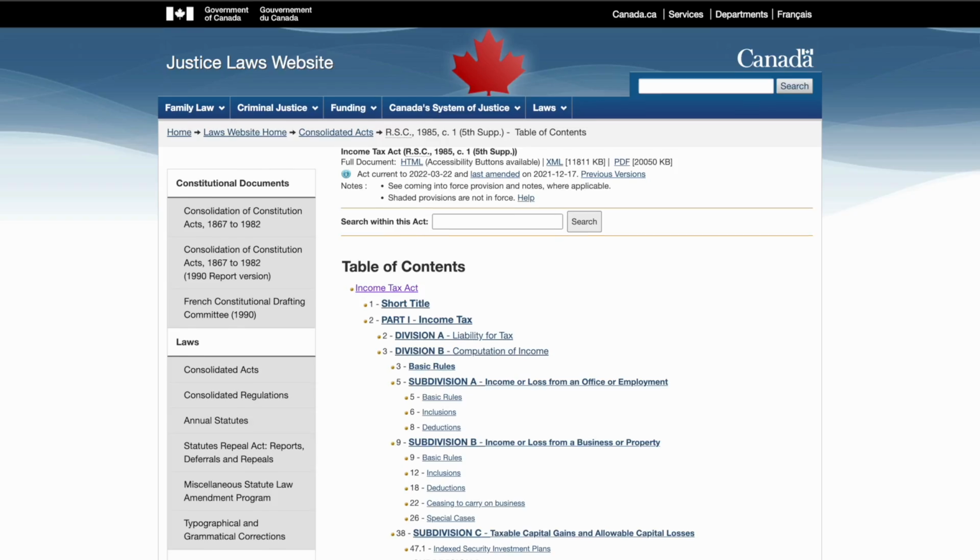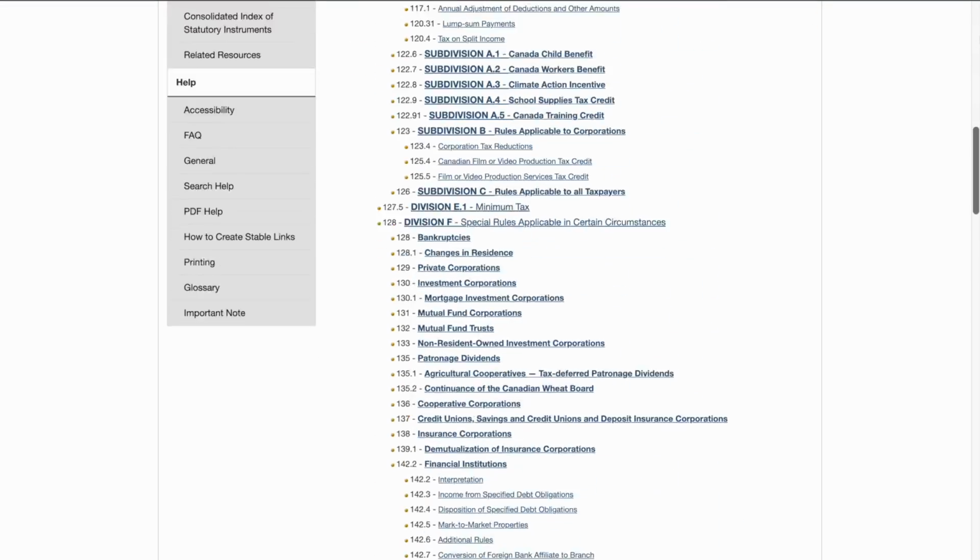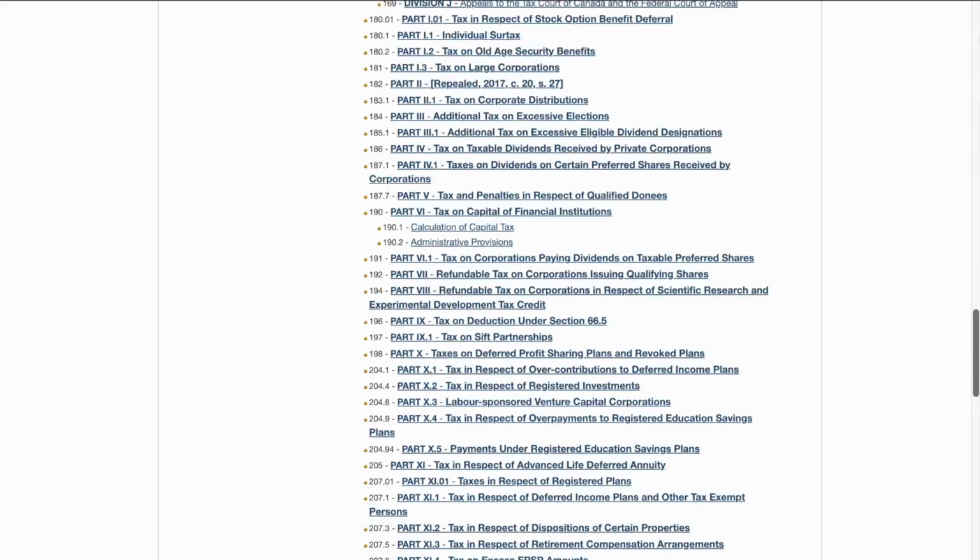Now, as we all know, the tax in Canada is very, very high. And with high taxes comes a lot of incentive for people to look for ways to lower their tax, either right now or in the future. However, because the Income Tax Act is so enormous and complicated, a lot of people, including myself when we first started, have a lot of misconception and misunderstanding on what is allowed when we're trying to lower our income and